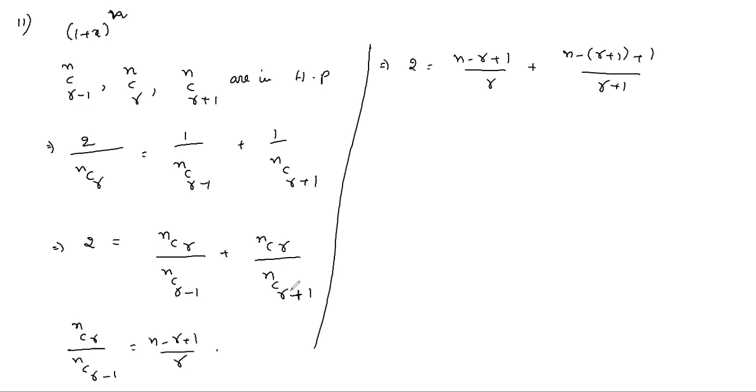Because by decreasing only we get like this. So here, if you take nCr plus 1 by nCr, and by writing r equals r plus 1, we will get the second. So the reverse order we have to write. So this is n minus r plus 1 by r, and this is r plus 1 in the denominator. So 2 equals n minus r plus 1 by r plus r plus 1 by n minus r. So by simplifying, we have to find the maximum value of n.